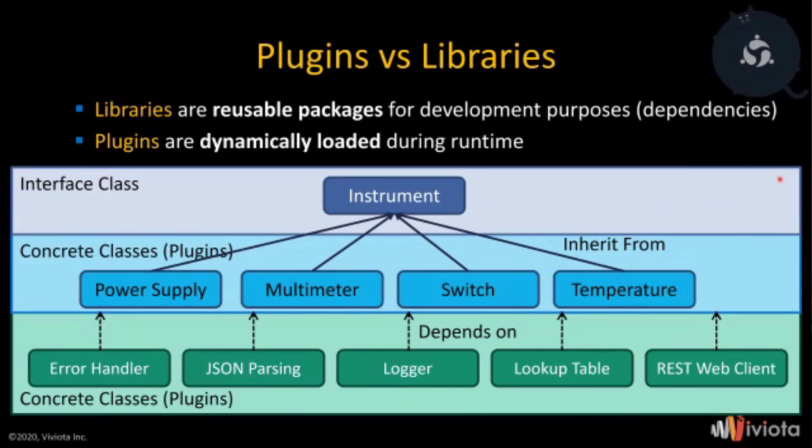Then there are a set of generic dependencies that kind of anything can call or anything can access. These might be like error handlers, JSON parsing, loggers, lookup tables, REST web clients, any number of things like that. I make this distinction because it ends up becoming important from a developer perspective, how you kind of separate out these things and what you turn into packed project libraries and what you